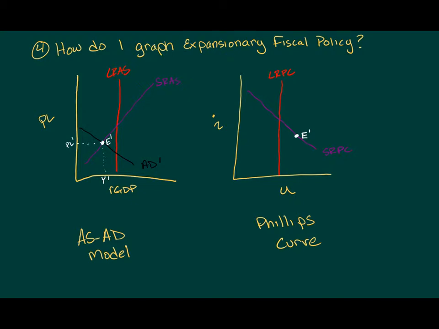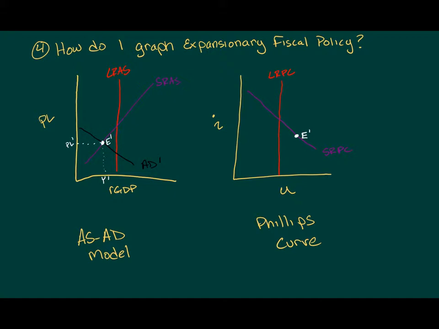All right, on the next slide, we're going to walk through what exactly those expansionary fiscal policies we talked about just a second ago look like. Generally, students will be asked to identify and explain the appropriate fiscal policy, and then usually the next part of the FRQ asks them to draw one of 2 graphs. Most commonly, they're asked to draw the aggregate supply, aggregate demand model showing the effect of the expansionary fiscal policy. Occasionally, not super often, they'll be asked to draw the Phillips curve showing the effect of the expansionary